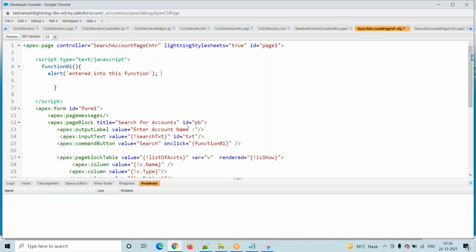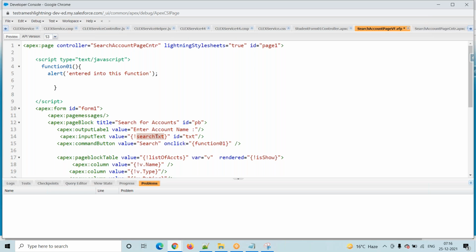Then what is my next step? I want to check this value. Where is this input text? This is the text. I want to check this value. So what we have to do is we will just go and use the ID attribute. Here I will just put FF, it doesn't matter, but we will use some meaningful names.